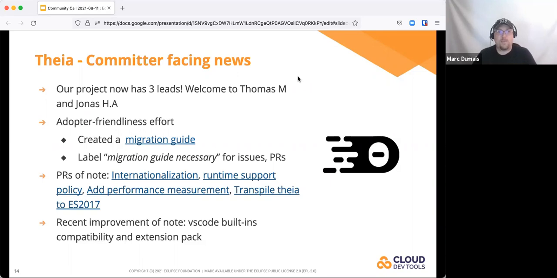A few recent pull requests are still under review, and we would welcome more reviews, more attention, more testing. One that has been a long time coming, I remember it being discussed like 4 years ago, is internationalization. We have a pull request now from a relatively new contributor that adds some infrastructure to go in that direction, to be able to have, for example, messages and dialogues in different languages in the applications.